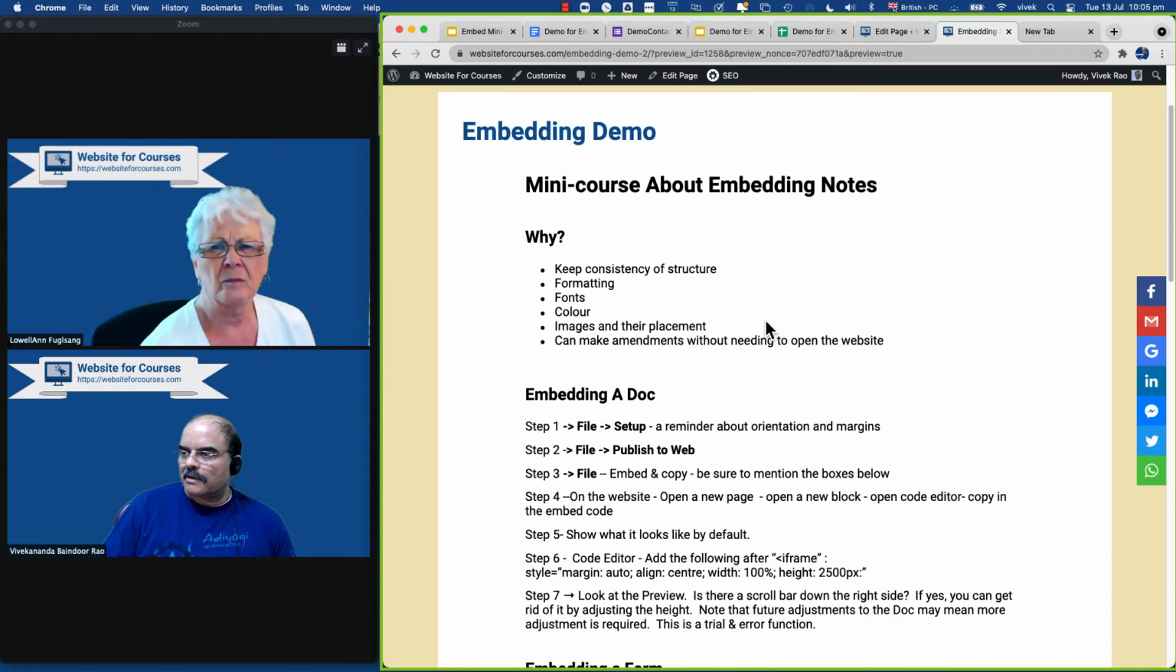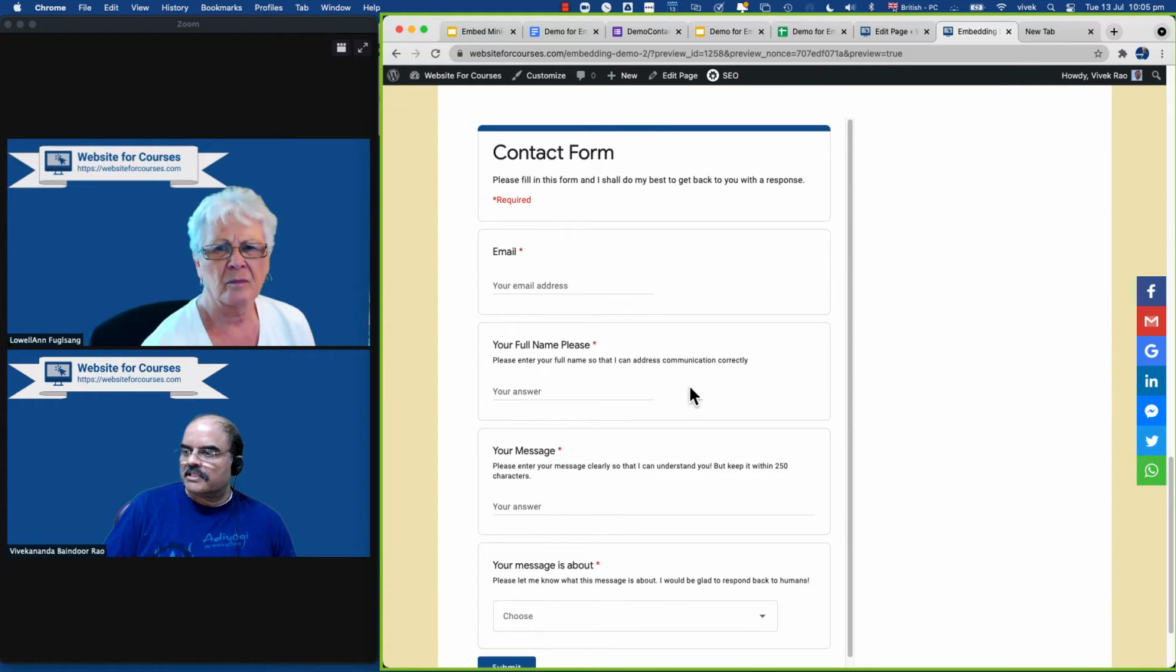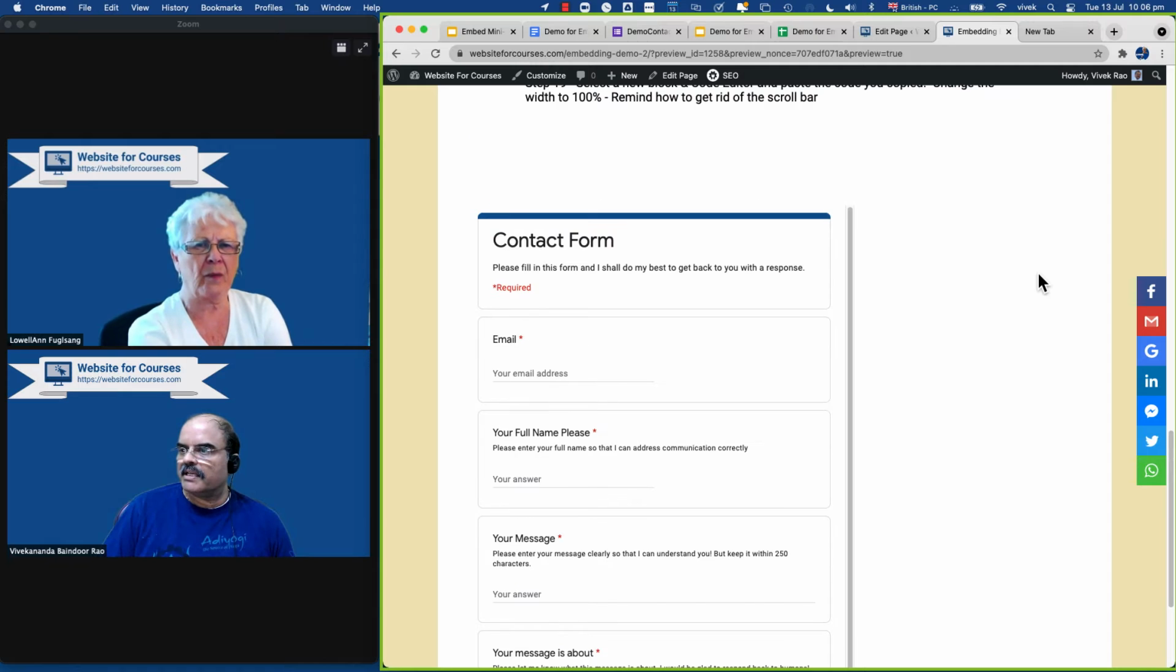That's the Google Doc we embedded earlier. The form is here. It's okay, but we would like to make this scroll bar disappear, and we would want this to be in the center of the page horizontally. It is to the left of the page, which is not very good aesthetically. So we go back